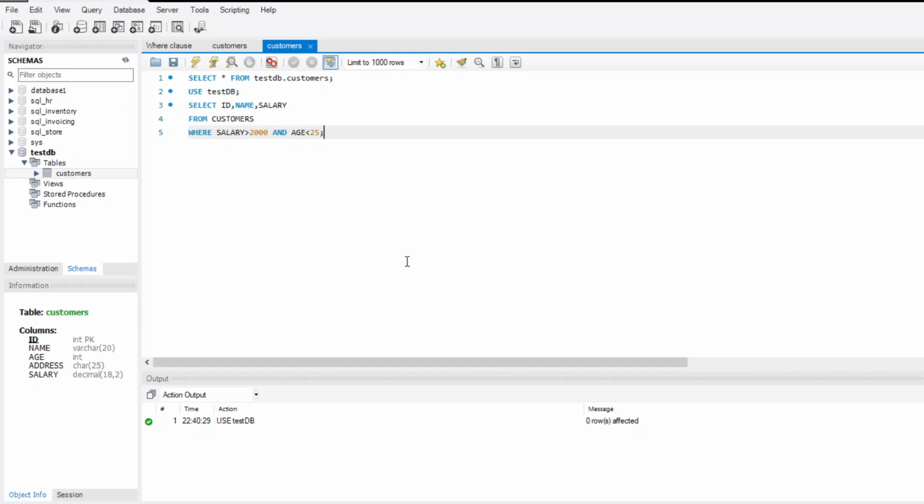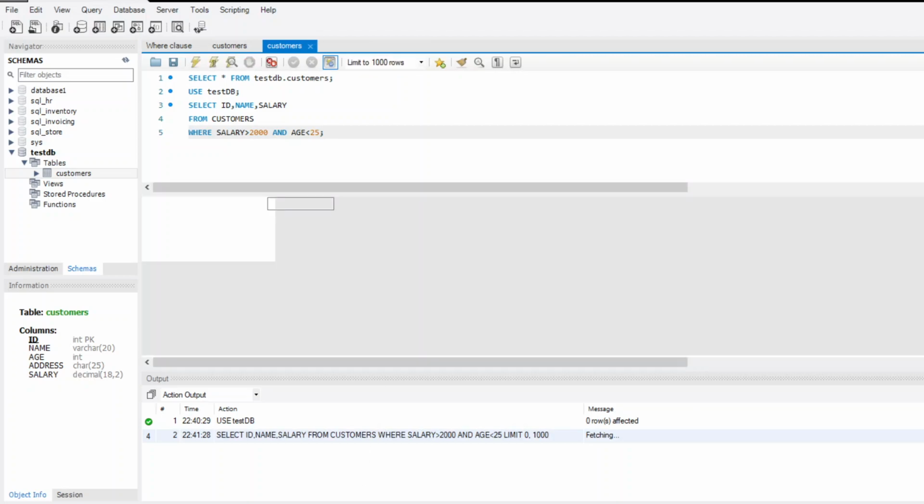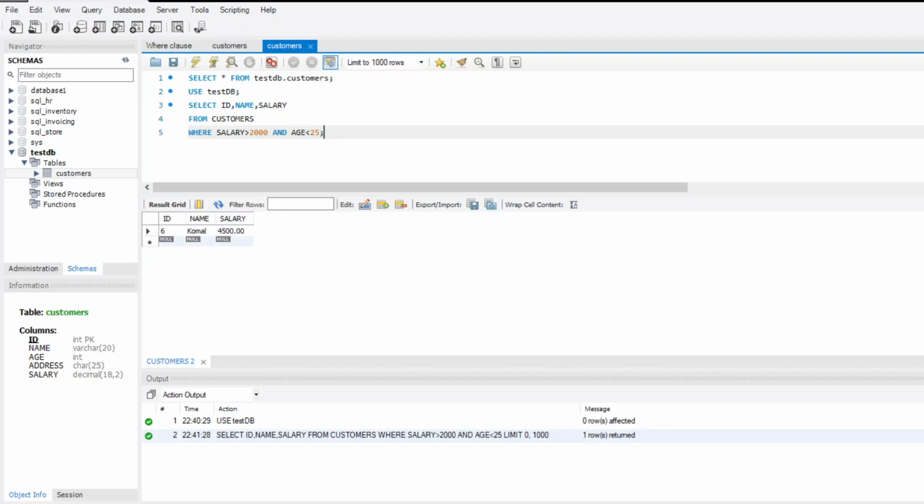Then just run it by simply pressing Ctrl plus Enter. So as you can see in the action output, our query is successfully executed and we have got our desired output in the table.